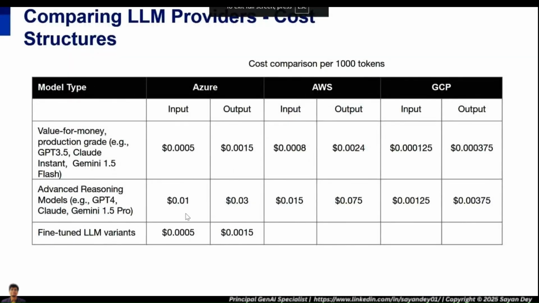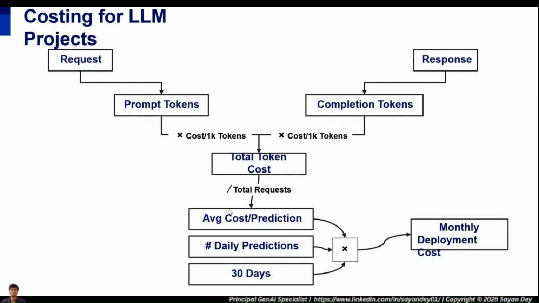Okay, there is a cost for the input tokens and a cost for the output tokens per 1,000 tokens. That is the general cost that we are incurring. This is also very helpful to calculate the overall cost for your project. From a project management perspective, when you're planning the overall project cost, this is very important. You need to estimate to some extent the kind of users you have and what kind of questions they will be asking. So the costing will need to be estimated with respect to that.